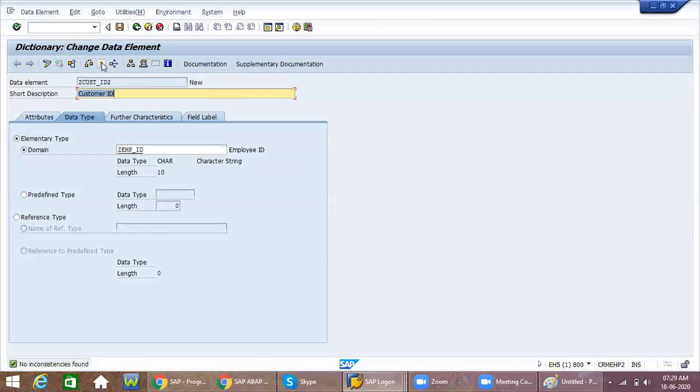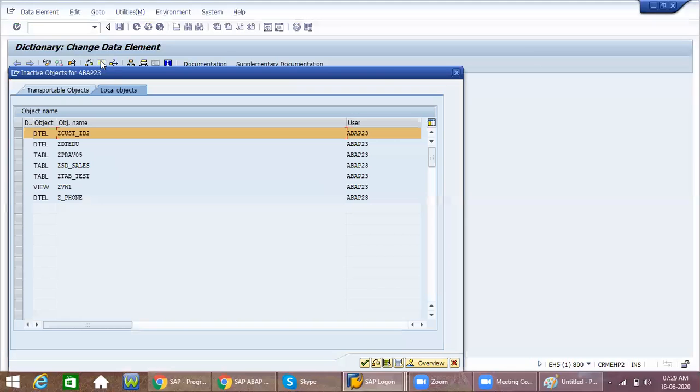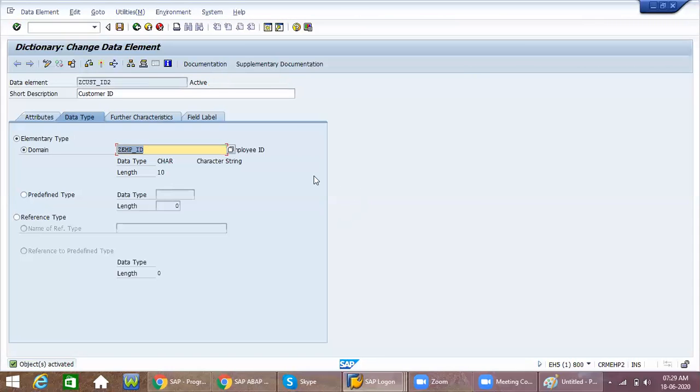After that, activate the data element. Here, activate. Okay, continue. Now see, the activation is done. Now it is active, so now your data element is created.